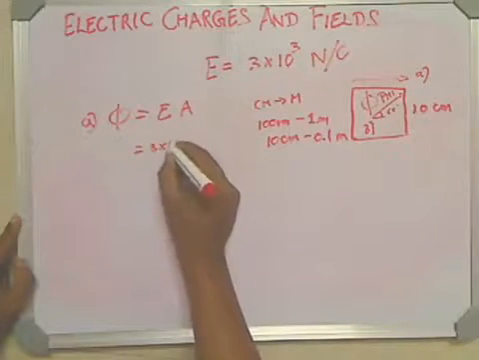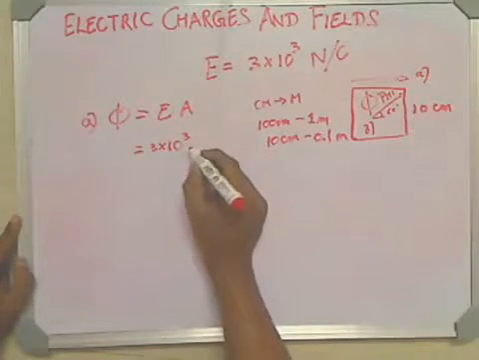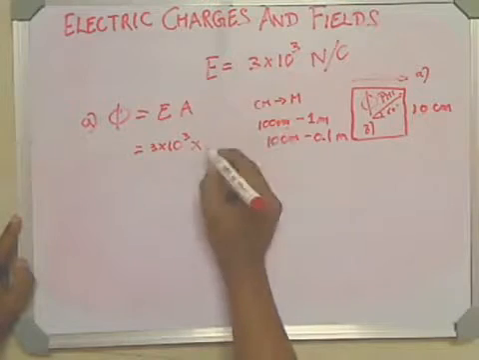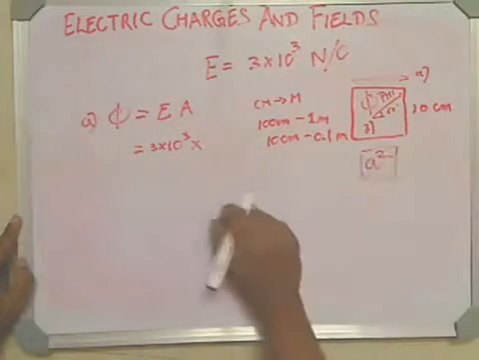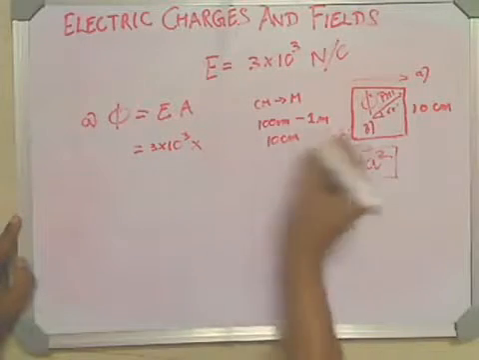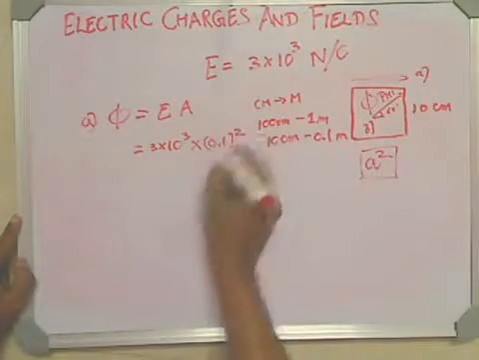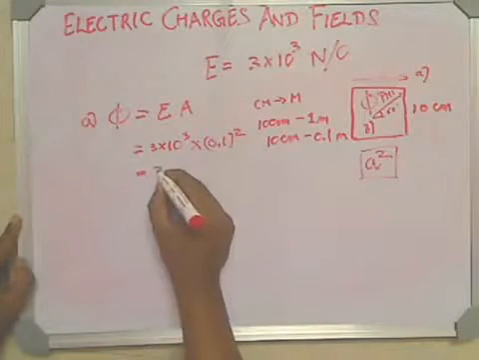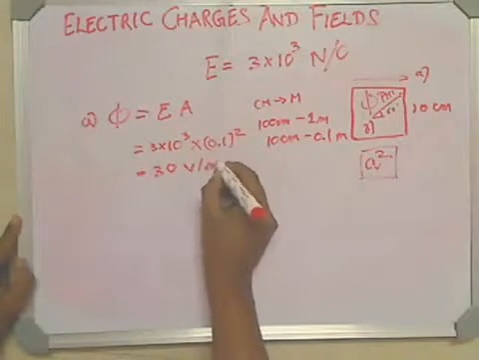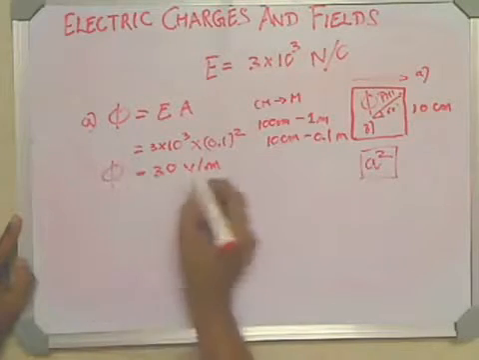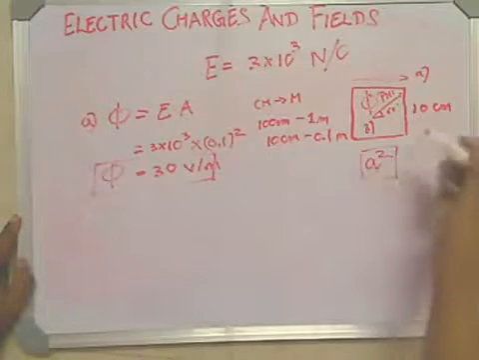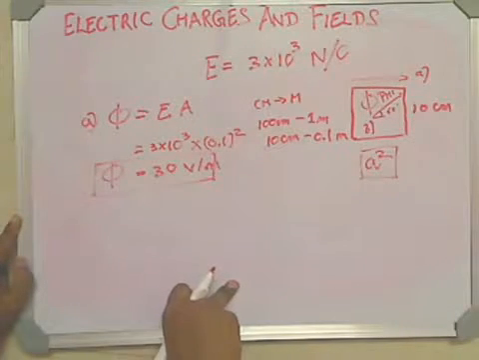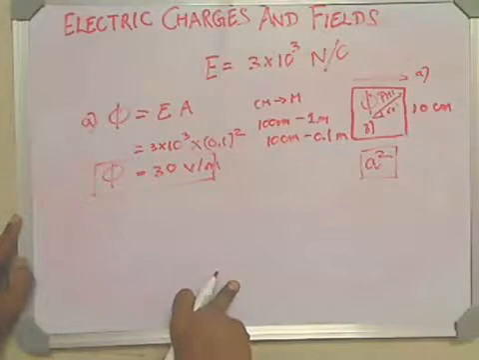So 3 multiplied by 10 to the power of 3 multiplied by the area of a square. Area of a square is always given as a square. Now consider this 0.1 square, and you should get the value as 30 volt per meter. This is the SI unit to measure flux. Now, before I proceed with the second category,